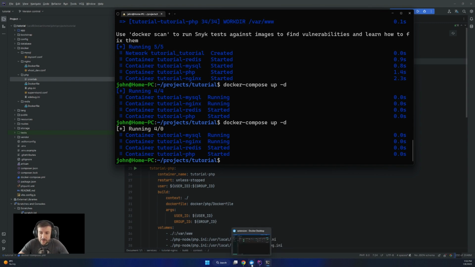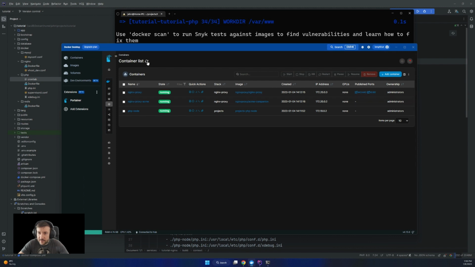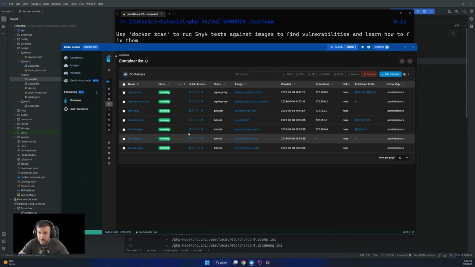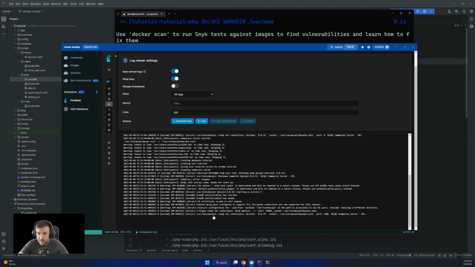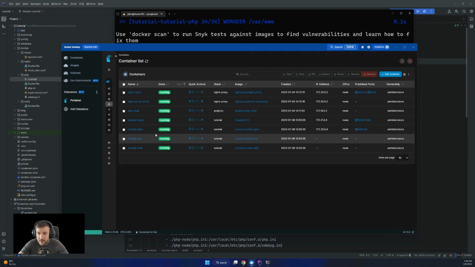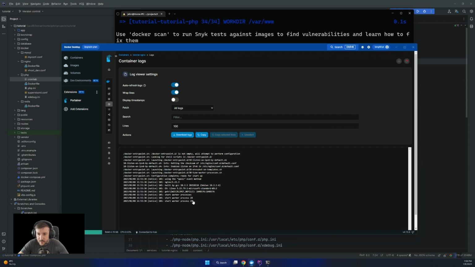The first thing we want to do is go to the container and check that we have all services. MySQL has an external port and internal. Nginx is up and running. If we go to the logs for each one, we see MySQL ready for connections. That means the service started. For the Nginx, all good.